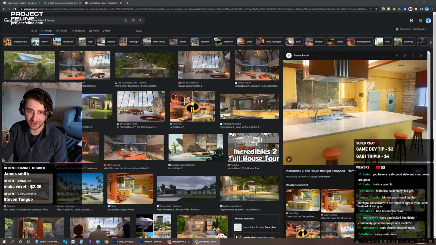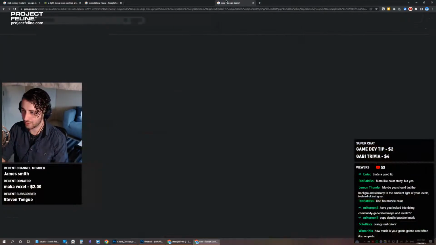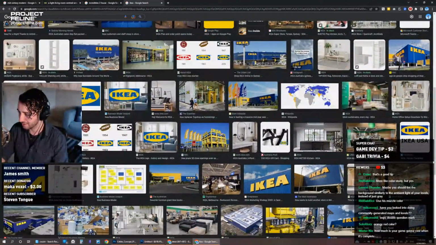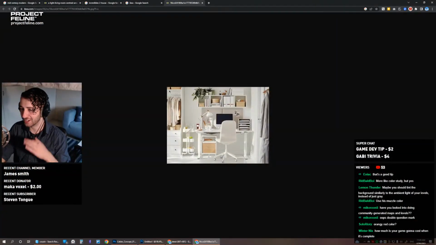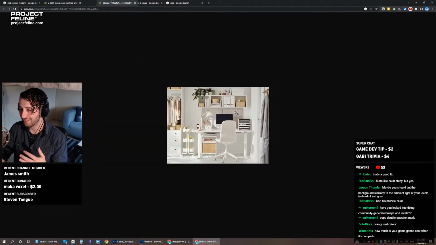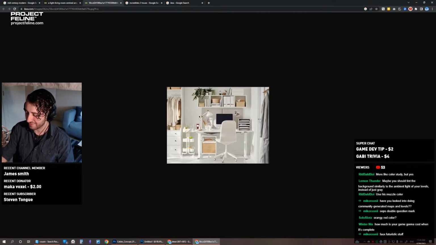I'll see if I can find it, or like IKEA. I think the showrooms at IKEA kind of have that sort of white. Yeah, like this stuff. It's a completely different aesthetic to this, if you know what I'm saying. So that's why they have names. I don't know what the name of this style is.